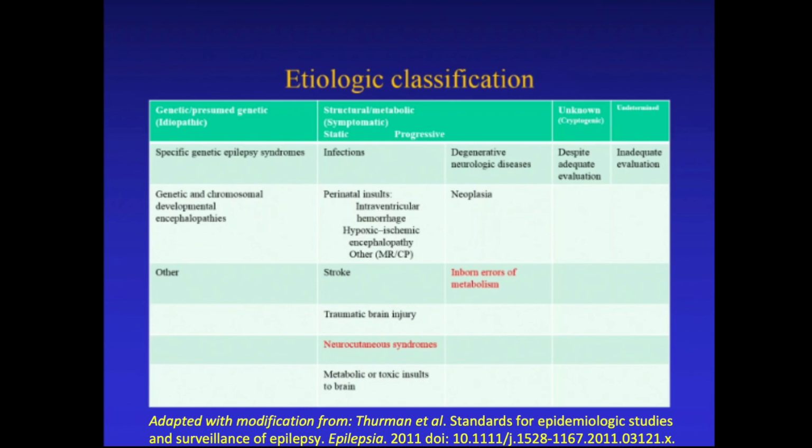I have some things highlighted in red here because I don't necessarily agree with the total classification, but it's very nice to be able to make comparisons over time. So in studies that were done in the past 2 or 3 decades, one divided cases into symptomatic or idiopathic or cryptogenic epilepsy. And in the latest classification, which is probably going to be changed yet again,